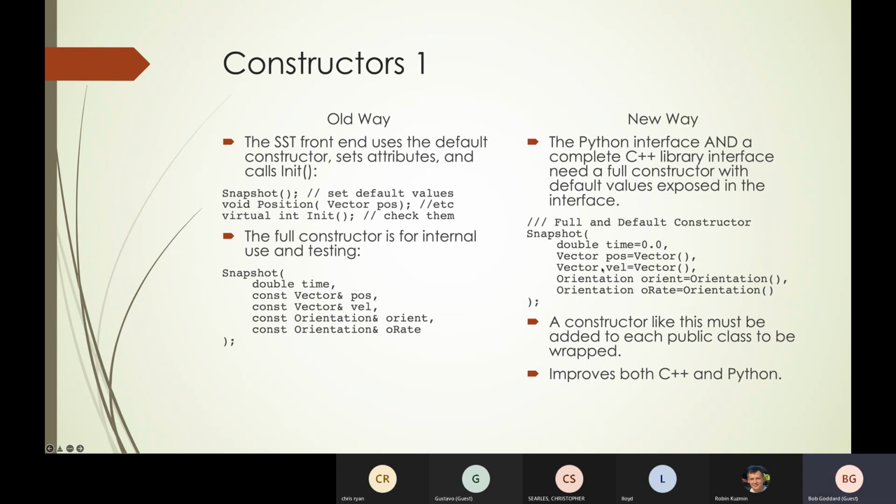And so that's what I had to do. I had to ditch both the default constructor and the old full constructor and make one constructor that supplies default values. A constructor like this, I have found, needs to be added to each public class that I want to wrap. And in fact, given that I